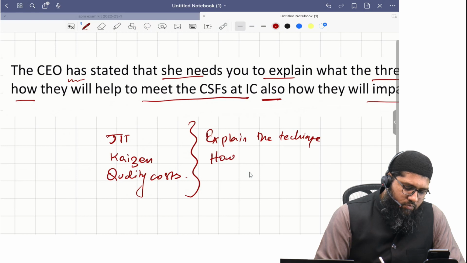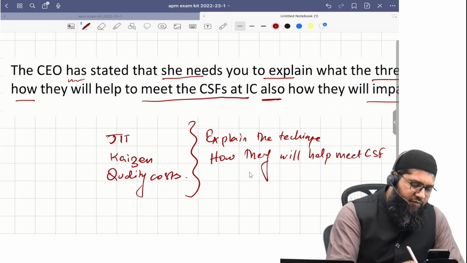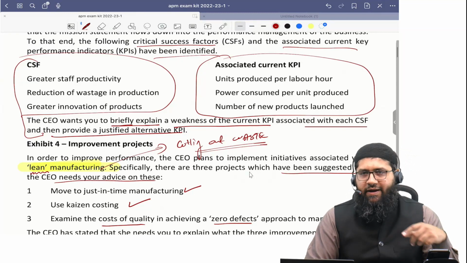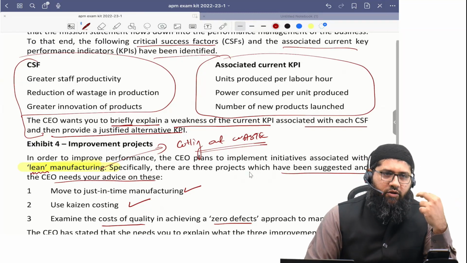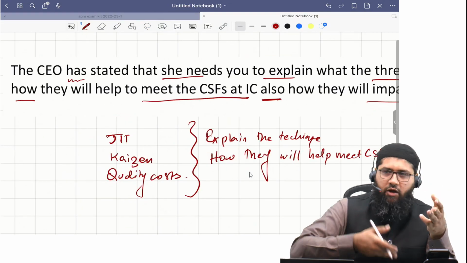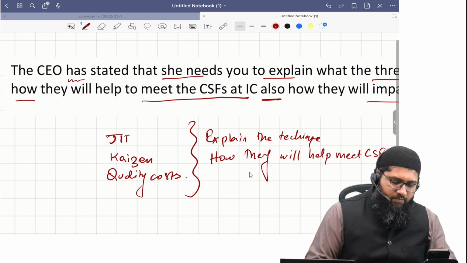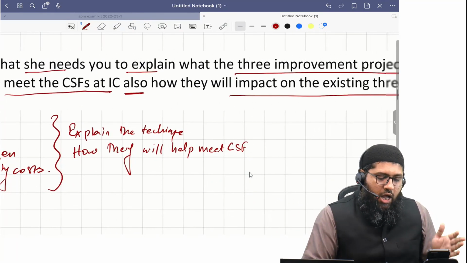How they will help meet the CSFs. See, your CSFs were greater staff productivity, reduction of wastage, and greater innovation. So explain how each technique would actually help you meet them, and then how they will impact on